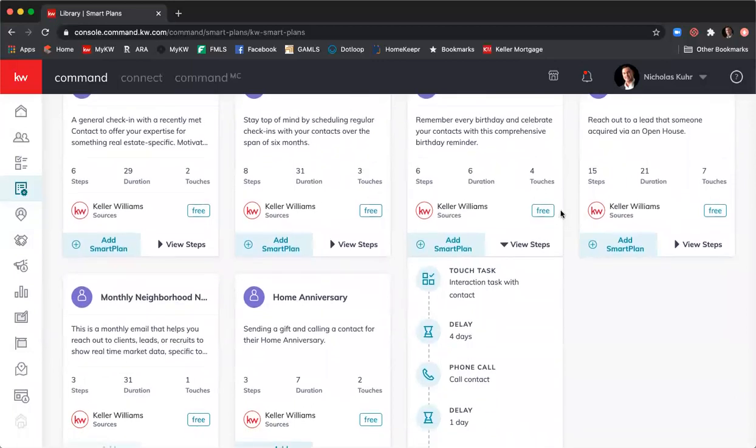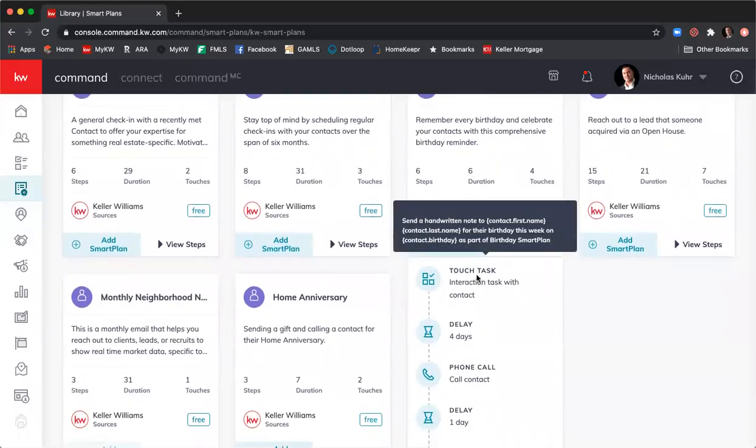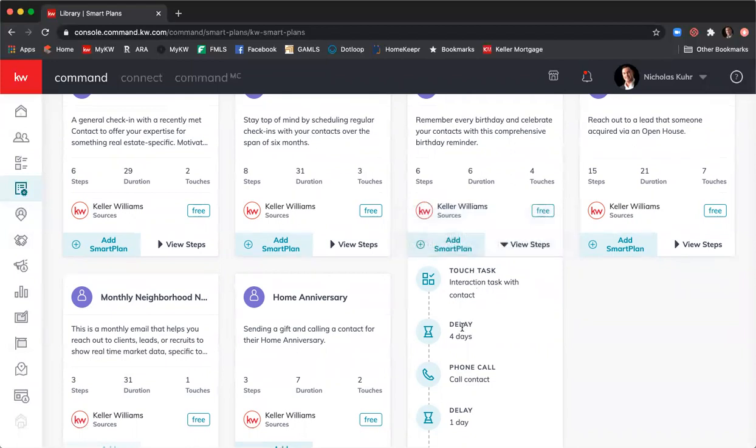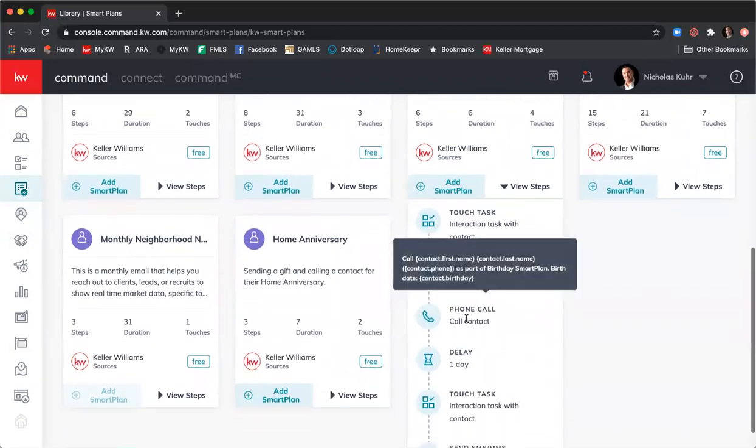So you'll add them to the Smart Plan. It'll remind you to send a handwritten note a week before their birthday, so that way they'll get it in the mail. Then wait 4 days. Then you'll give them a call and say, hey, what do you got planned for your birthday? Anything fun? All right, well, just wanted to call and wish you a happy birthday in advance because I know you're going to be really busy with everyone reaching out to you. So it lets them know, wow, Nick is really thinking about me and cares about me,